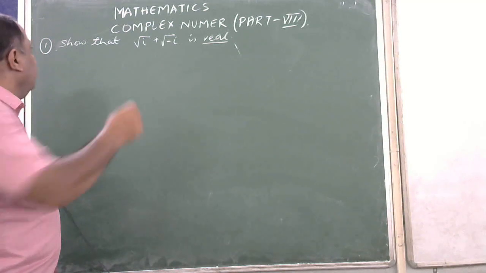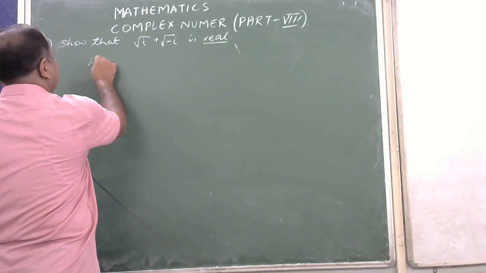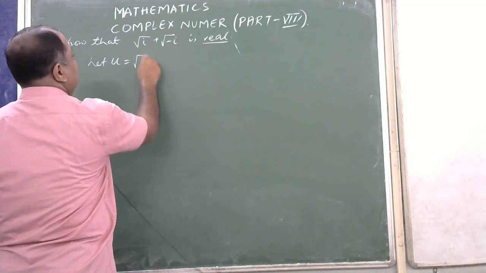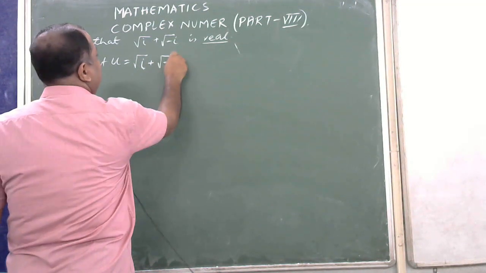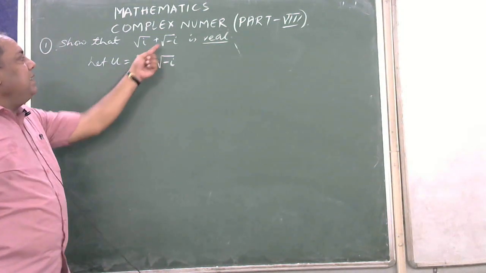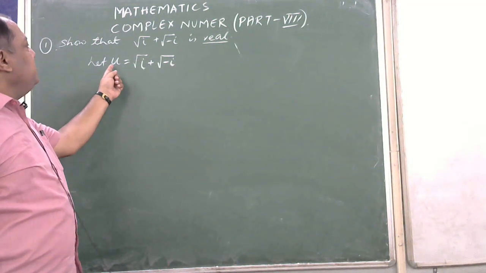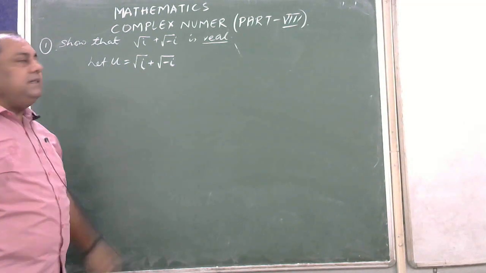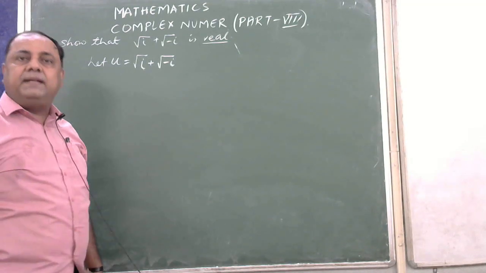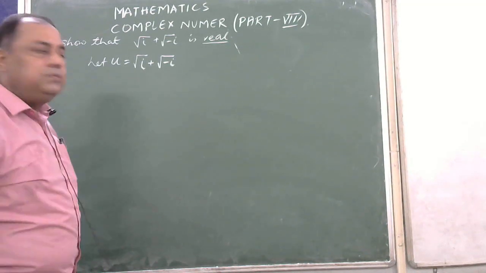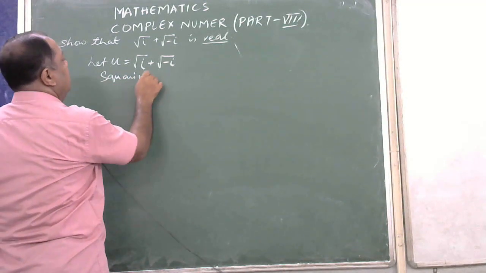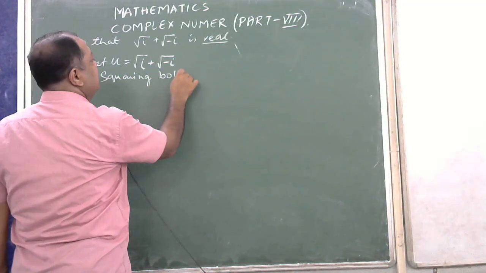So we start with, let u is equal to root i plus root minus i. We assume this quantity as u is equal to root i plus root minus i, and we will determine the value of u. Squaring both sides,